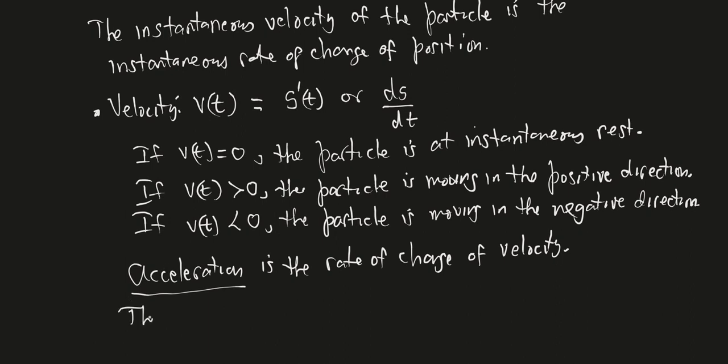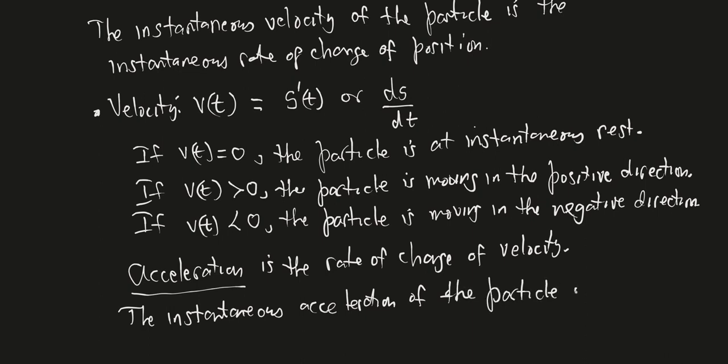So the instantaneous acceleration, as opposed to average, we're not going to compute those. We're interested in the instantaneous quantities. So the instantaneous acceleration of the particle is the instantaneous